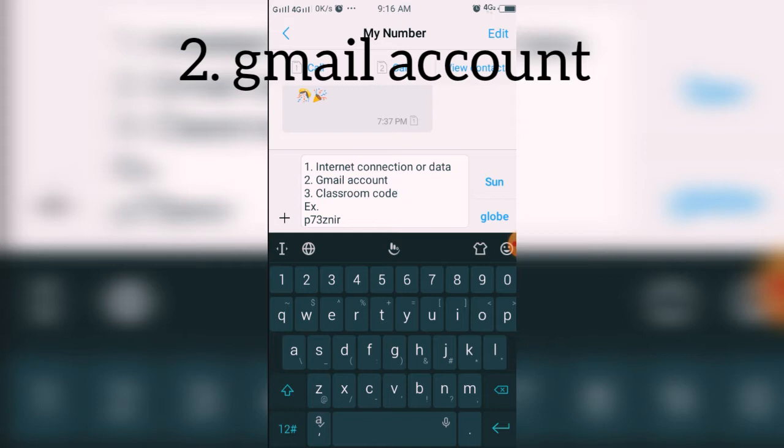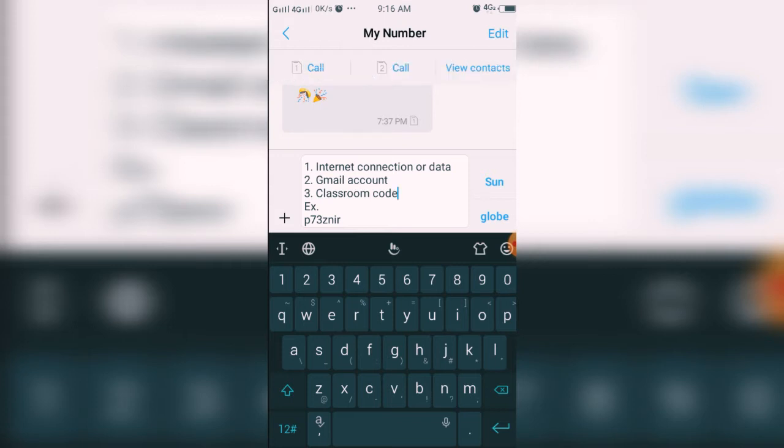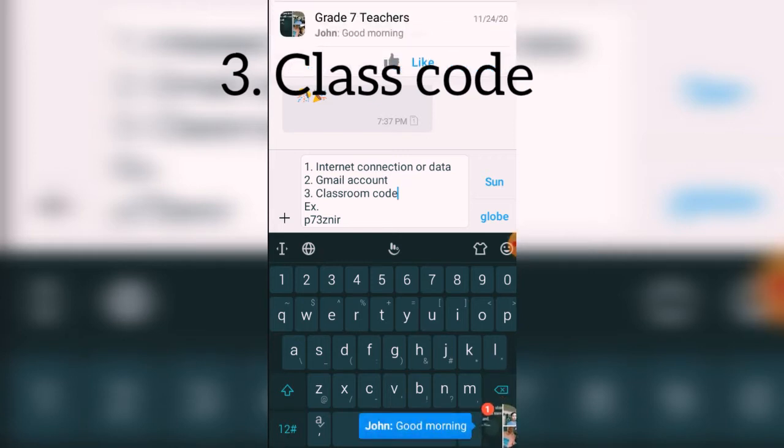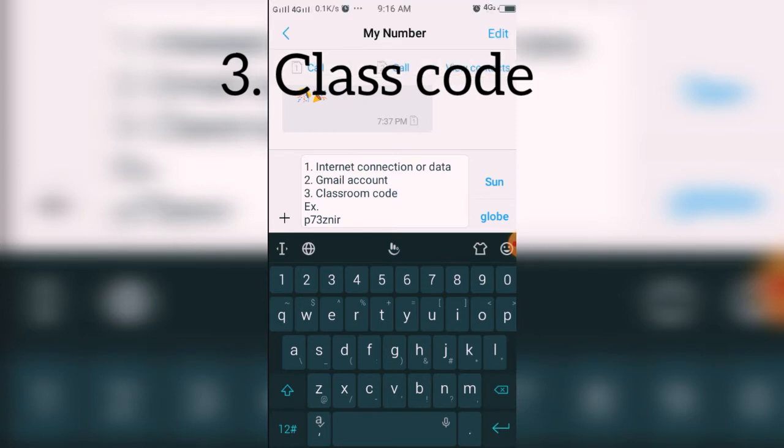You will be signing in with your Gmail account so that you can use the classroom. And most especially, your teacher will be giving you a Google Classroom code so that you can join classes. An example is there below,